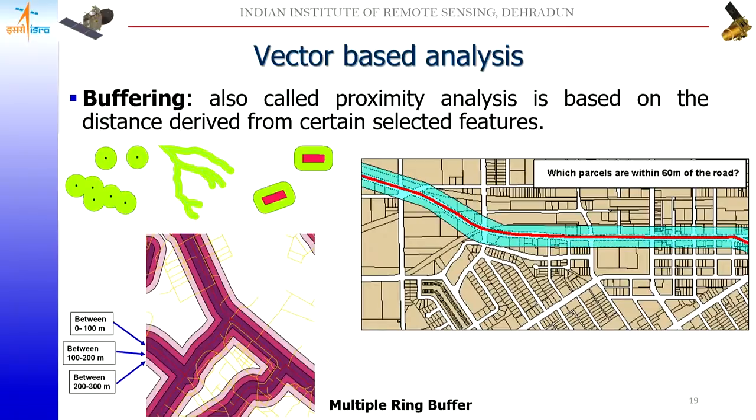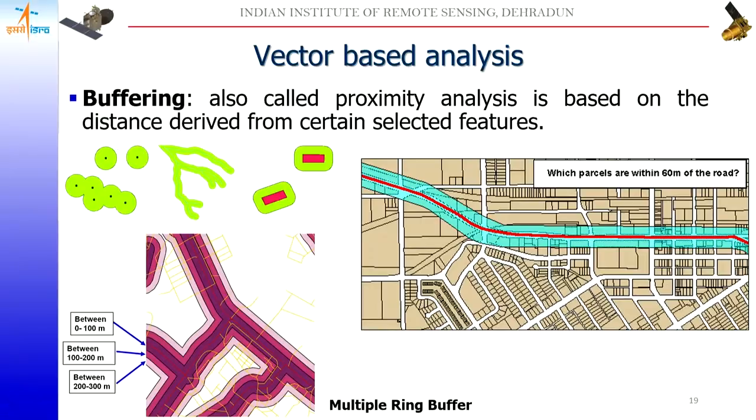Buffering is used in various scenarios. One example I gave was with reference to, let's say, ATMs of various banks within a vicinity of, let's say, 1 kilometer. Similarly, it can be used in other scenarios. For example, if we are widening a road, then we can find out which shops are within, let's say, 60 meters of the road, so that the necessary action could be taken for relocation or compensation, and so on.